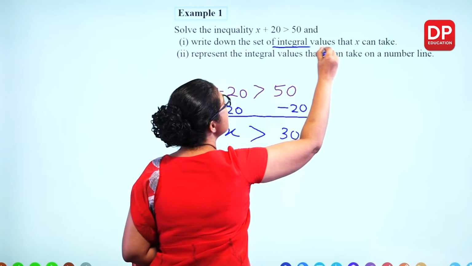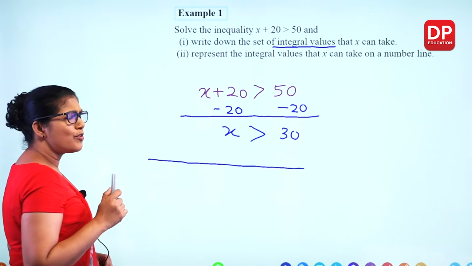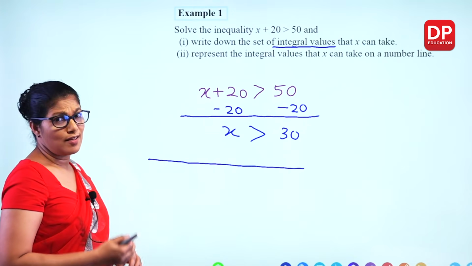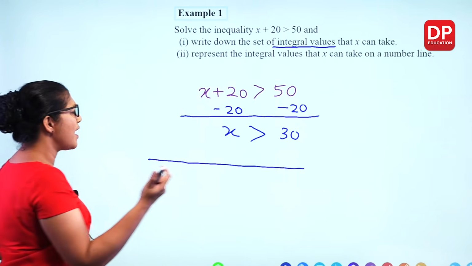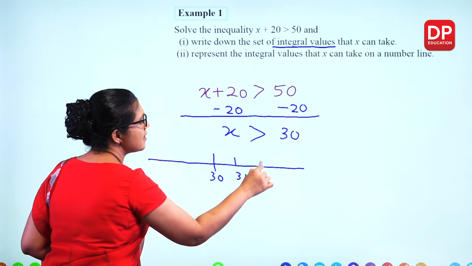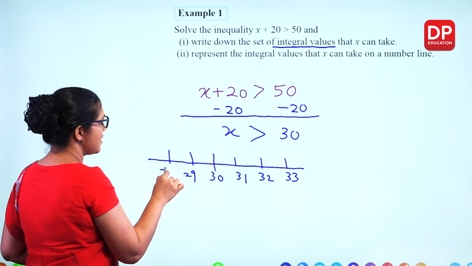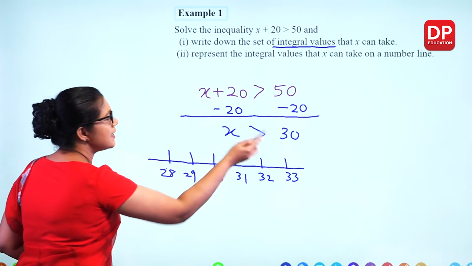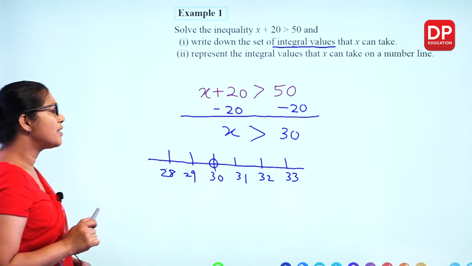They are asking for integral values that x can take. If you take the number line, now here you don't need to start from 0 because here the number is 30. Otherwise what happens? You have to write 0, 1, 2 up to 30. No need. So you can start with any number close to 30. So I can write 30, 31, 32, 33 like that, and then numbers less than this, 29, 28, something like this. And then 30 is the number, so you can draw an open circle because 30 is not included,